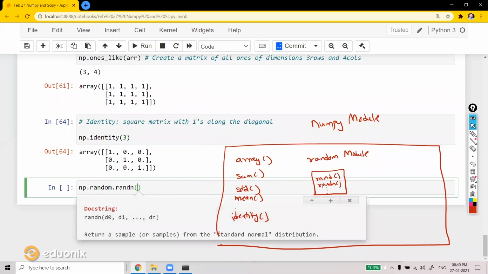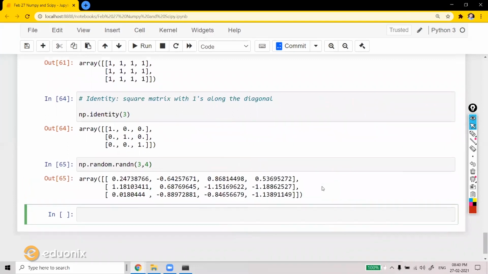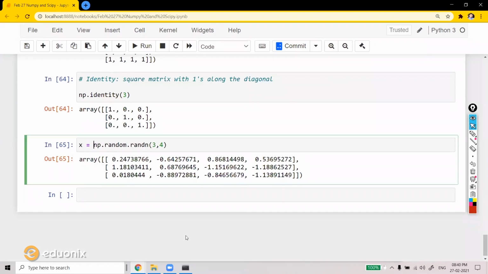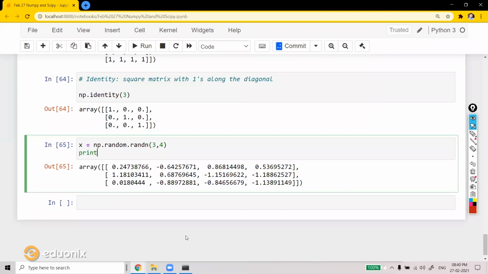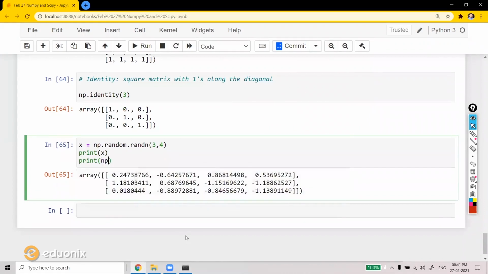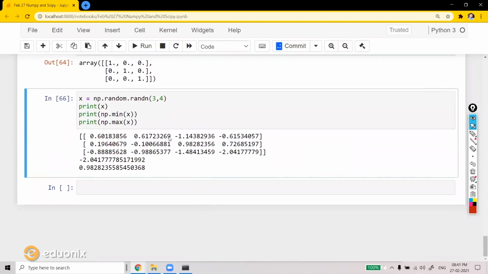So let us try to understand what this is going to do. If I say 3, 4 and I execute this, well, it generates a matrix of 3 rows and 4 columns. And you should also see that these values are very much centered around 0. You didn't get it? Wait a minute. Let me store it inside X. Let me print X, and let me also print np dot minimum of X, and let me also print np dot maximum of X. And when you execute this,